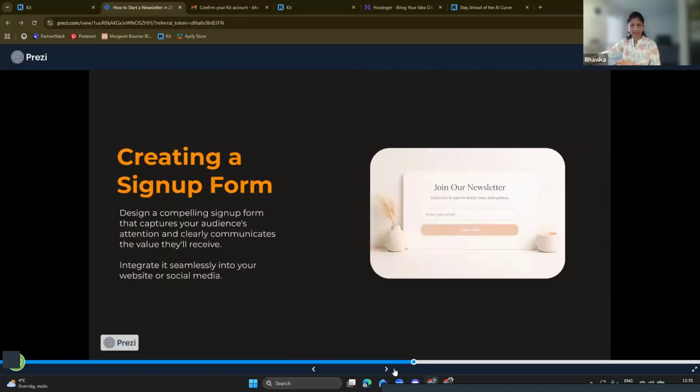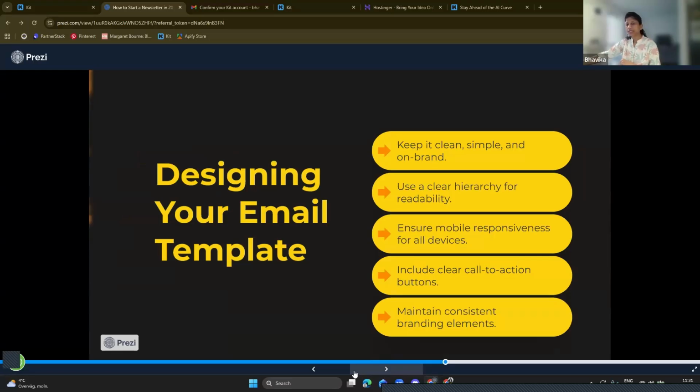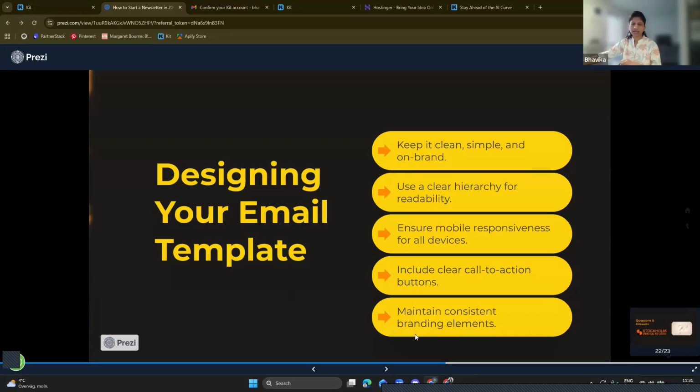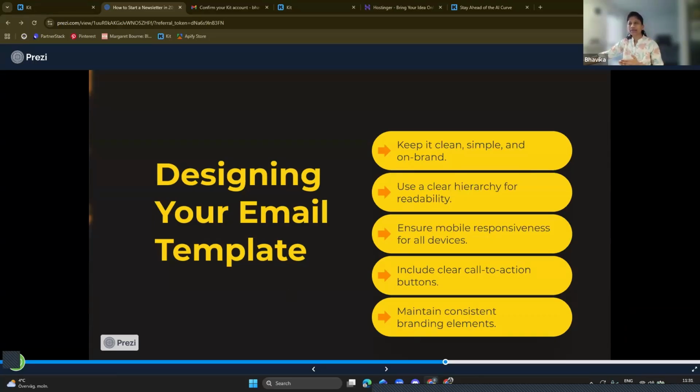Okay, what's the next step? Next step is now we have to write emails. Email, not emails, actual email. We are designing a template, like how the email will look when it goes into your subscribers' inbox. So what are the key points to design email